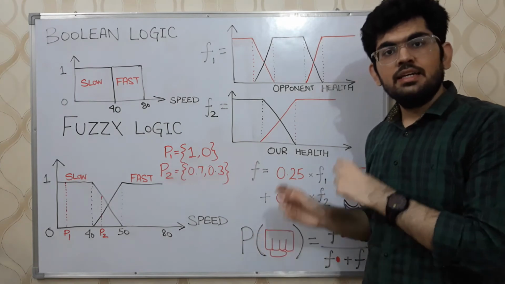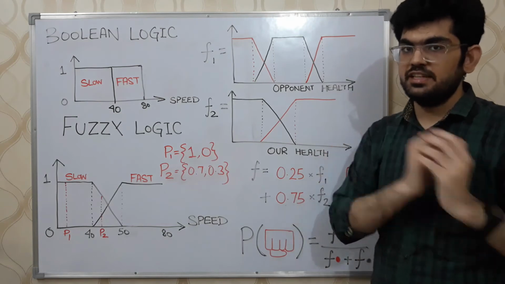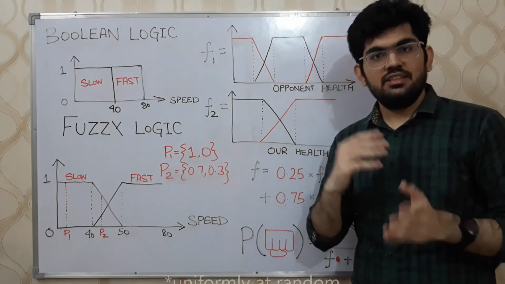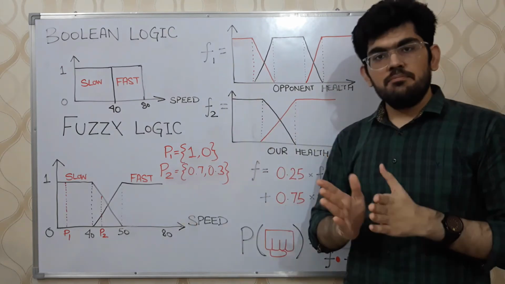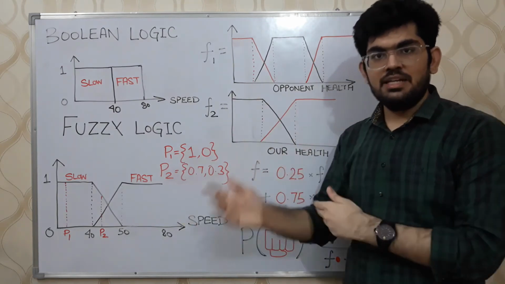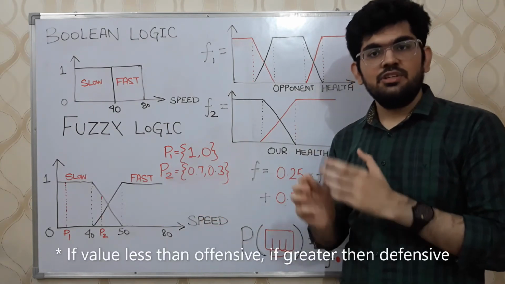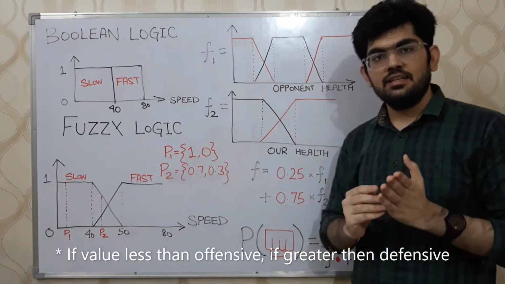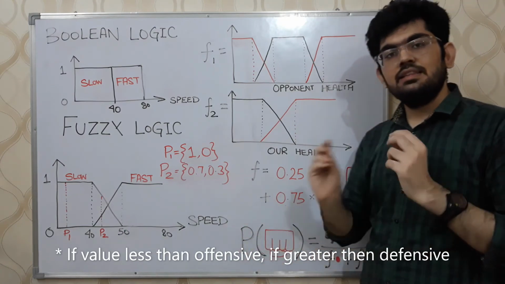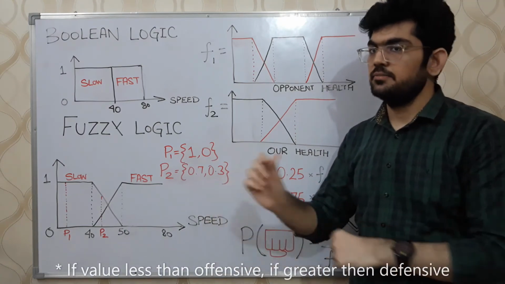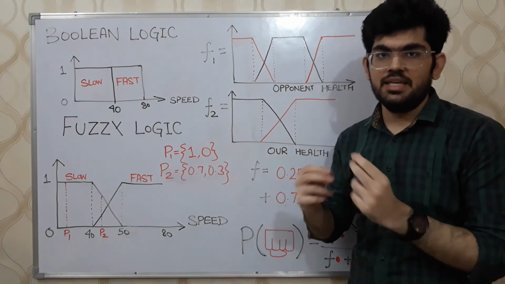Using this probability, the enemy AI decides whether it should take the offensive path or it should be on a defensive path. In terms of implementation, this means that we generate a random number from 0 till 1. We compare the value of the randomly generated number with this probability value over here. If the randomly generated value is less than the probability over here, then the AI will take a defensive action. If the number is greater than this probability, then the AI will take an offensive action. In addition to this, we also apply some smoothing techniques over the enemy AI.